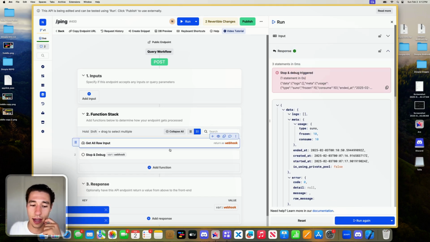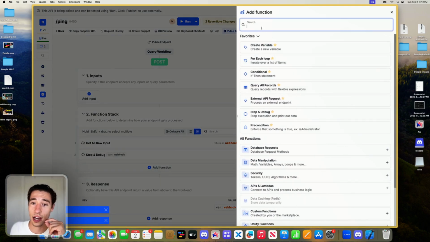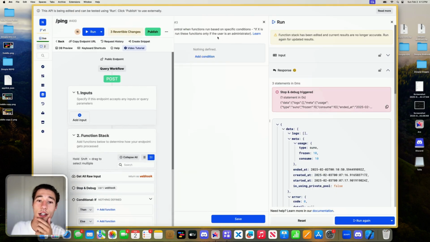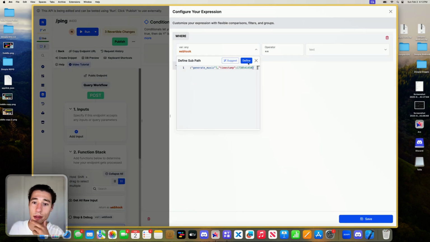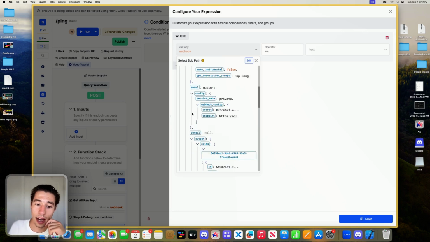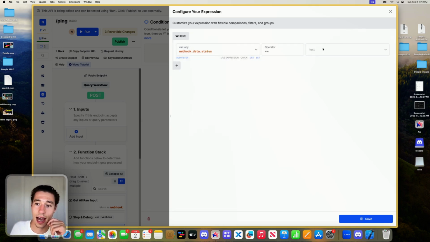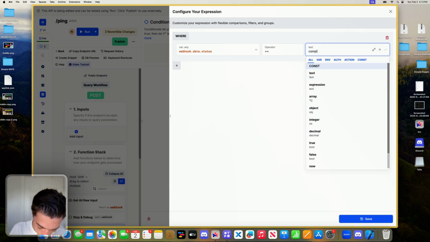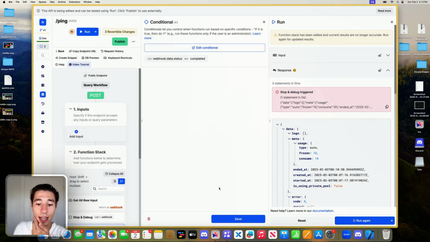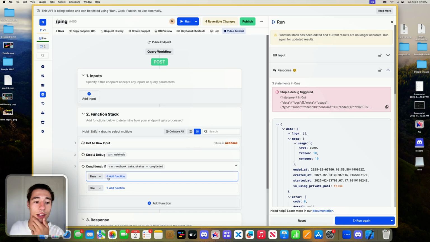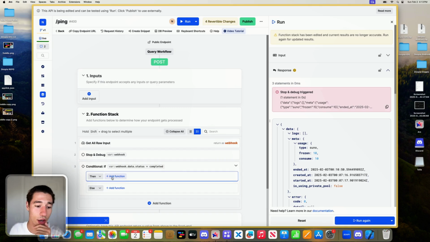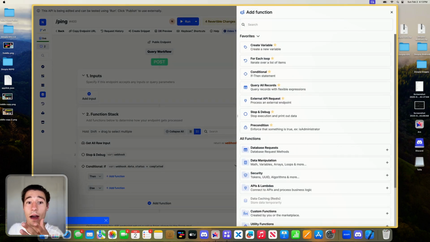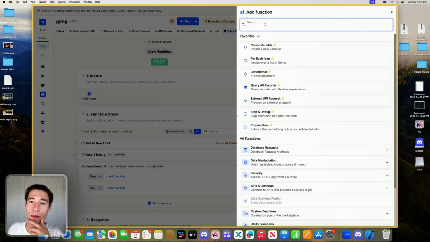So let's copy that here and let's go inside of here and make a conditional. The conditional will be if that process is completed. So we'll paste the payload in here on the webhook variable, and we want to scroll all the way down to the status, and the status needs to equal completed. We want to save that, and then we want to save this. Now, every code that we run inside of here will be returned only if it's completed. So we want to borrow the code inside of here again, and now we want to send the data back once we fetched that. So inside of here, we're going to create a variable